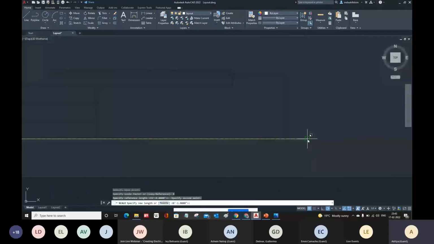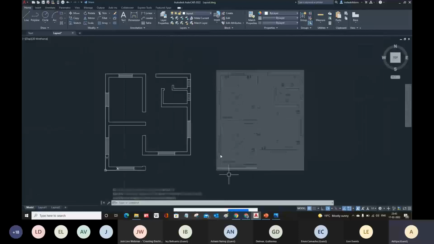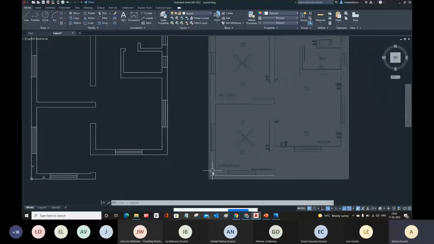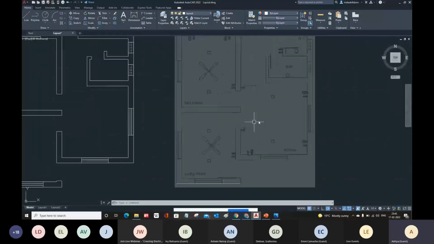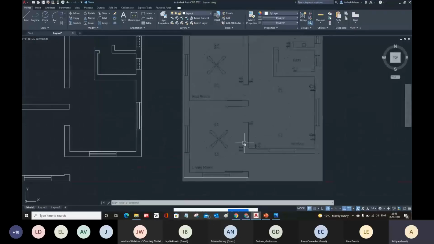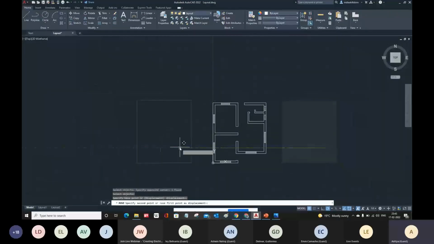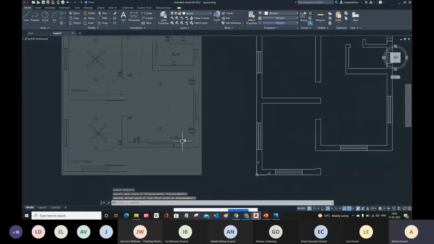Now you will see your image is scaled according to that drawing, and now you can simply trace the existing edges of your image to complete your drawing. So this way you can save a lot of time, right? Anyways, this is just practice if you want to use existing references. And now I'm going to move this component because I really want to take reference from here where I want to place all these electrical components.